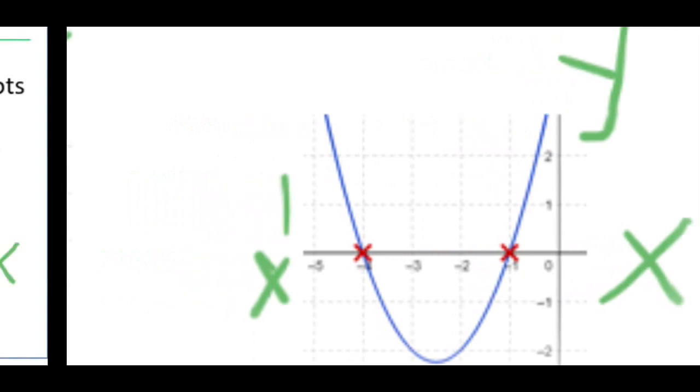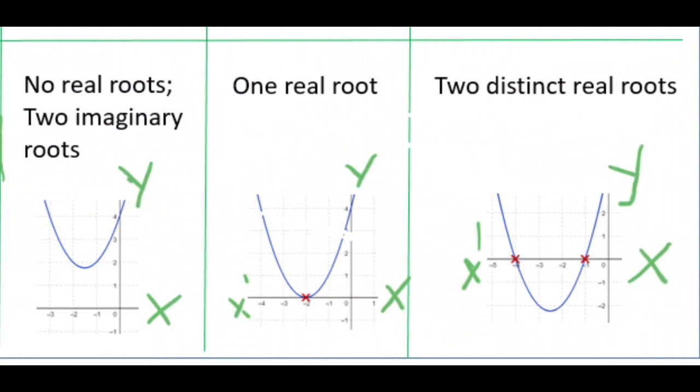In the case of a quadratic polynomial, there are 3 different cases. In the first case, the graph is not intersecting the x-axis, that is, it has no real root. No roots means no real root. In coming classes, you will study imaginary numbers, which are not real numbers. In the second case, it is meeting at one point, so there will be one root. In the third case, it is meeting at 2 points, so there will be two different or distinct real roots.